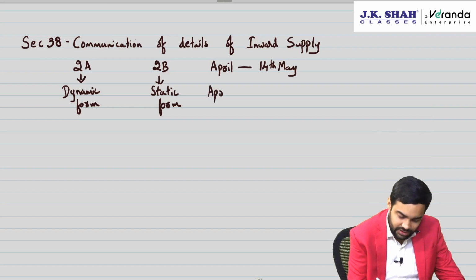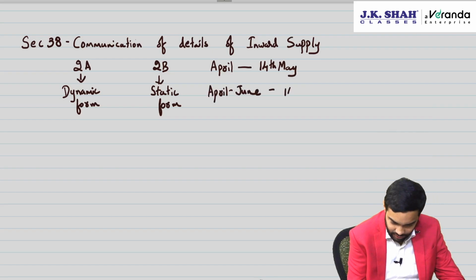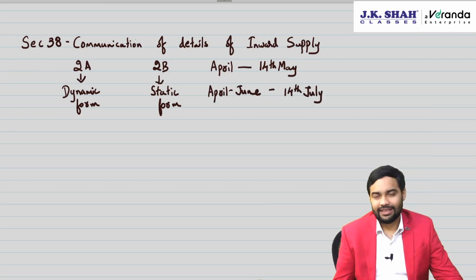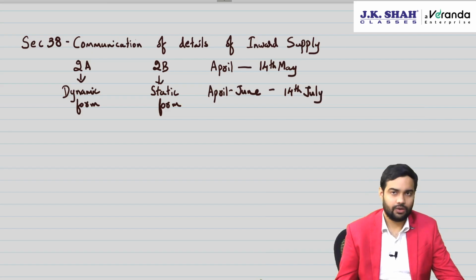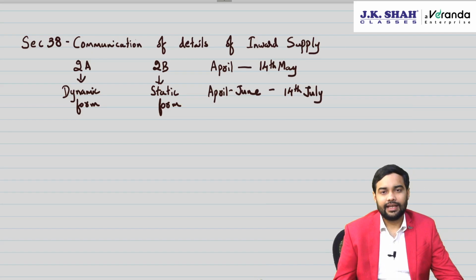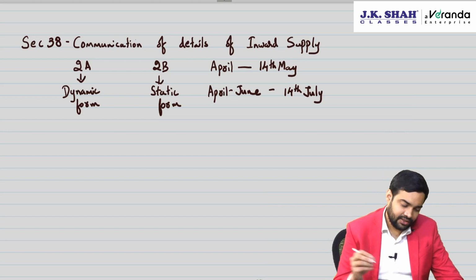And quarterly 2B is also available. April to June 2B will get generated on 14 July. Monthly one is useful for monthly filers. Quarterly one is useful for quarterly filers. Then the moment 2B gets generated on 14th, it freezes. Thereafter, it will not undergo any changes. Now,